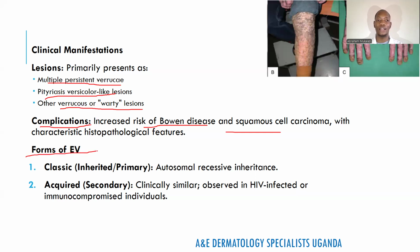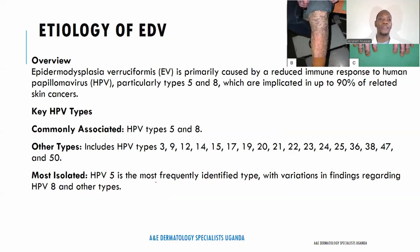So EDV has been classified into two, where we have the classical type, also called inherited or primary epidermodysplasia verruciformis, which occurs as an autosomal recessive disorder, but sometimes it occurs as secondary, which we call the acquired type of EDV, and this is commonly seen in patients infected with HIV or any other immunosuppressive therapies or conditions, like transplant patients who are on chronic immunosuppression and also chemotherapeutic drugs. So